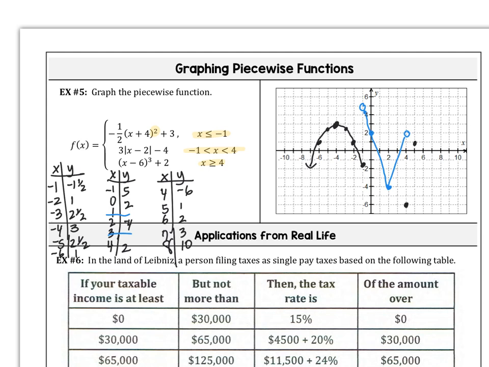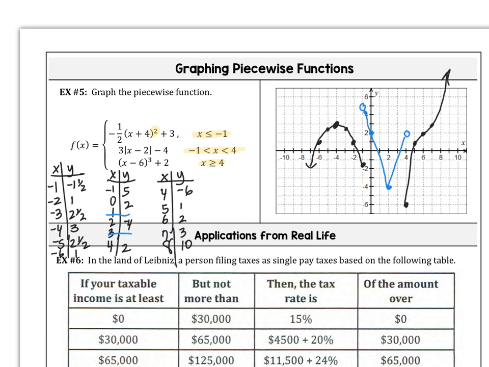5 is 1. 6 is 2. 7 is 3. Now, notice how it looks like a line right there. So if you didn't know what that graph was going to look like, that's going to cause you some trouble. But I know that it's like half a parabola up and half a parabola down. So you need to know what it's supposed to look like in the shapes of these functions to be able to graph it